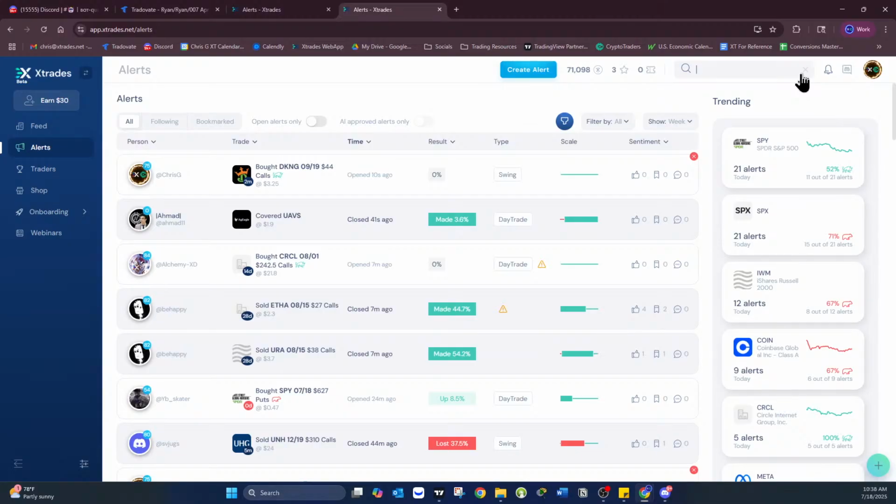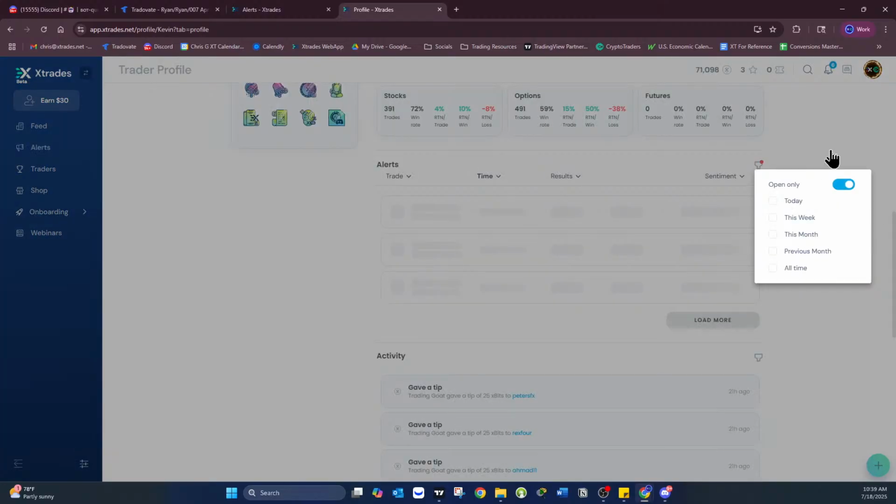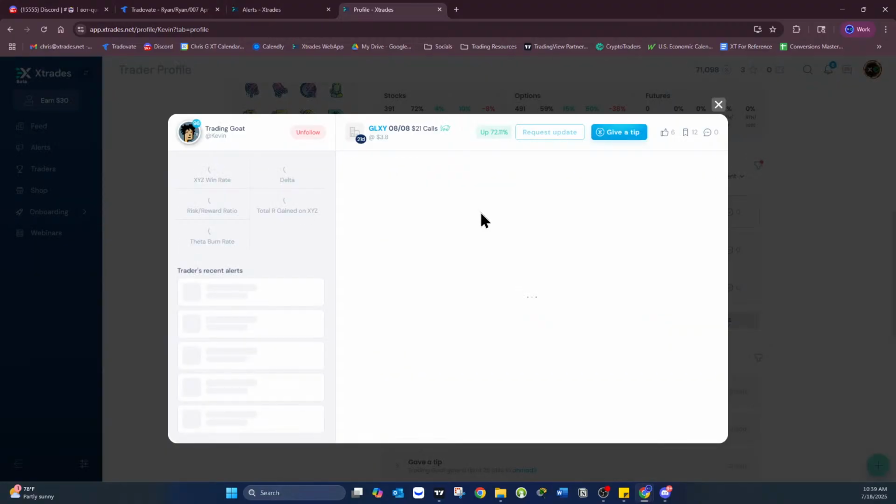Well, actually, his name is Kevin. That's probably a bug. He should probably be searchable by username as well. But Kevin, you can search his username. You can see all his open alerts or recent alerts. If I toggle this little filter right here, I can see open alerts only. So these are trades that he has open at the current moment. And this was the one that you're talking about. Now, he opened this 2 days ago, though. So yeah, you definitely missed this one, brother.